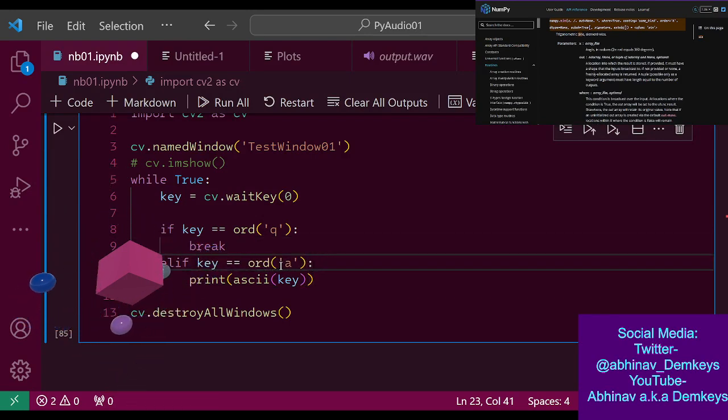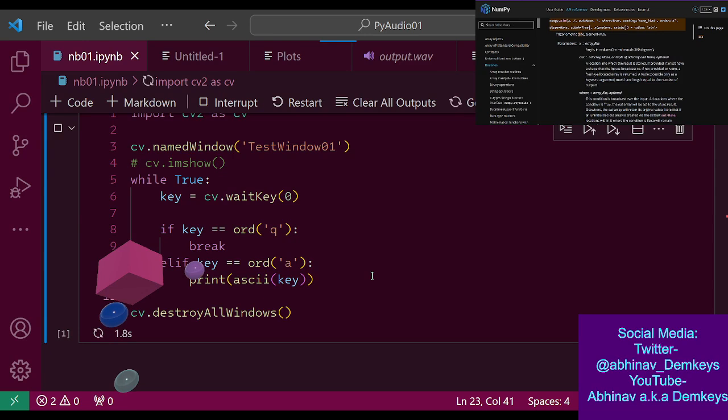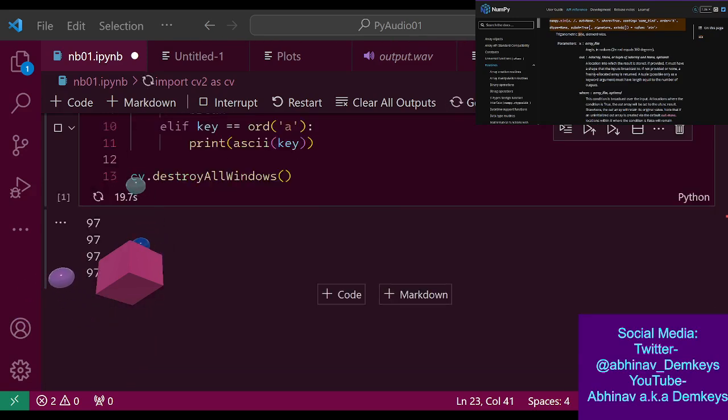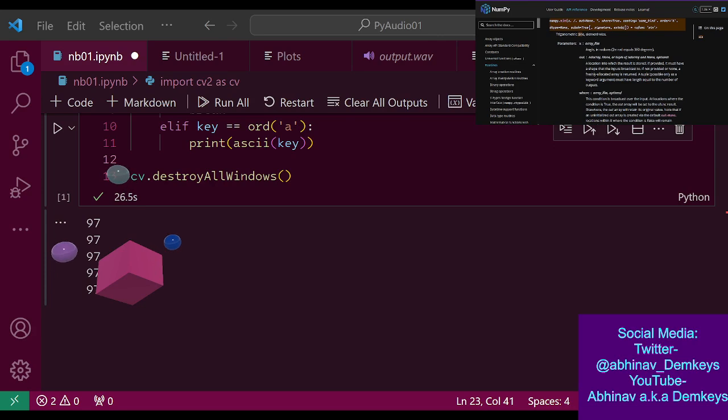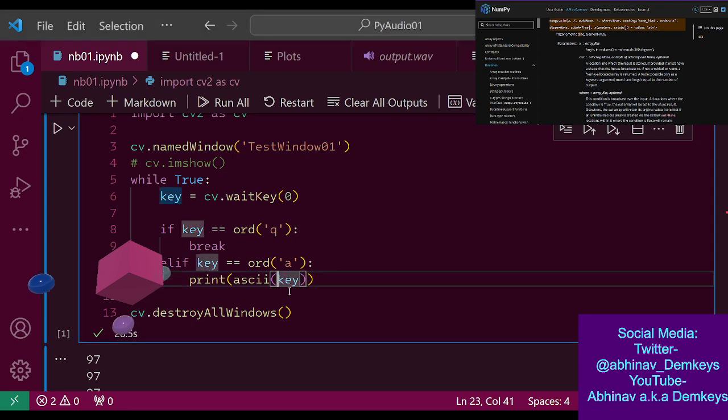So did I get this wrong? I think I got this wrong. Oh, okay, so I think we're good now. Okay, so the thing is running, and if I hit A, you can see the values being printed there. Great, awesome. Maybe I can set the size to be smaller. And there's our exit as well. It's exiting properly.